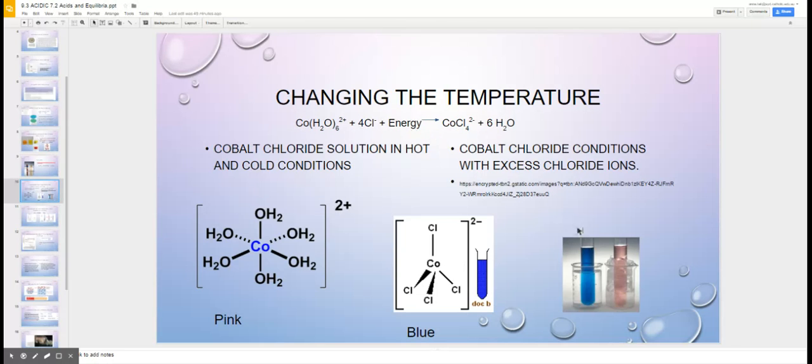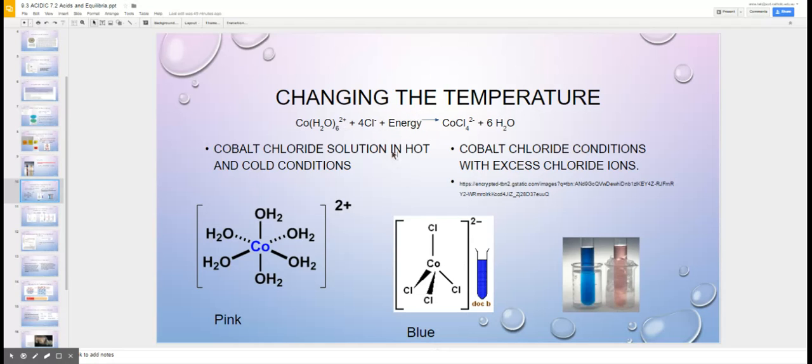In the same way, when we put it in icy cold water, we've drawn out the heat from there. When you draw out the heat, the system tries to make energy, and that means going from the blue to the pink, which you can see it's pink. You put it into the hot water, and basically it happens the other way around,